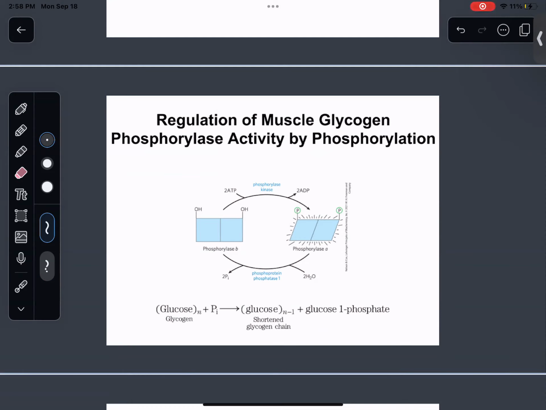Some enzymes and other proteins are regulated by proteolytic cleavage, which we talked about already in depth. I'm not going to go more into it, but an inactive precursor gets cleaved and becomes active. Same thing with proteins or proenzymes. They're precursors that you cleave with proteolytic cleavage and they become active. That's all you got to know.